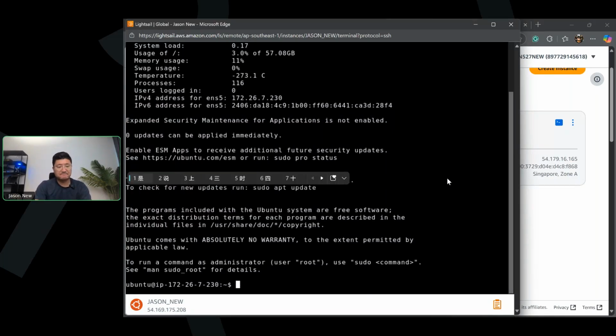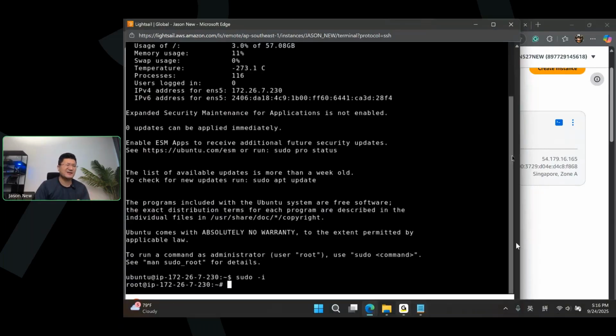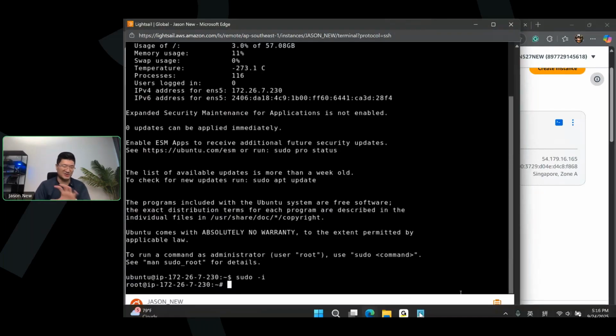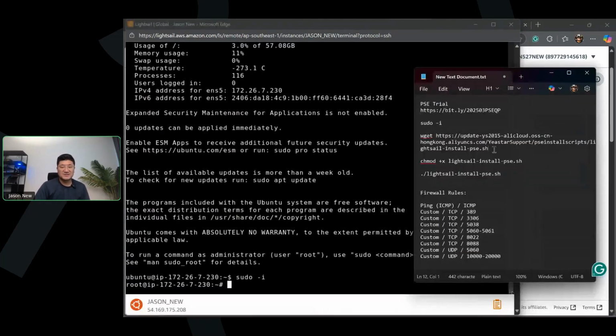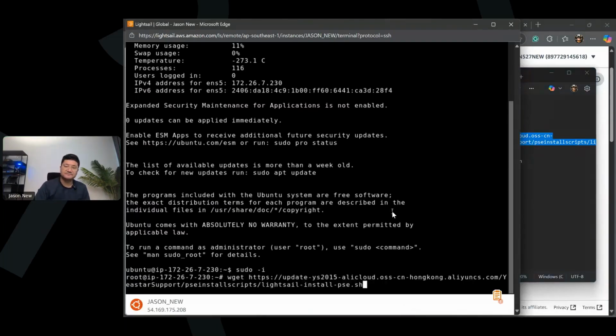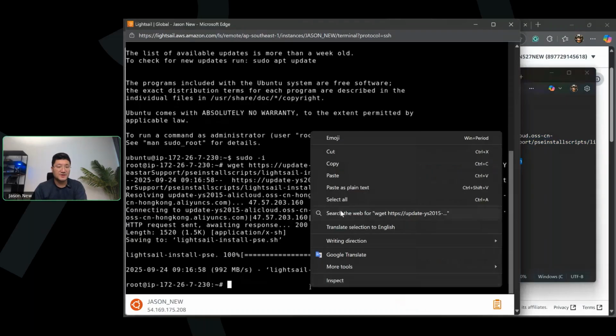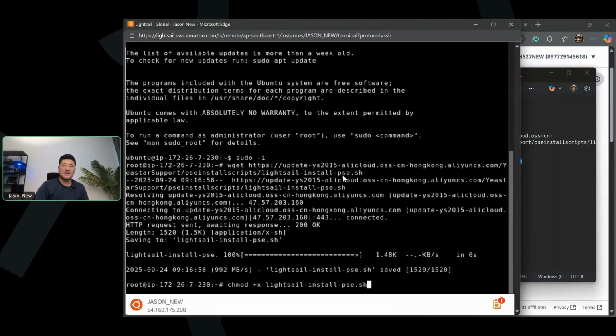Hold on a second. So we shall type sudo -i. There you go. We're going to access the root user of the terminal. And then a couple of lines you guys may need. Let me show you. I can't even remember it, so I will just use the cheat sheet to show you. So this is line 1. You copy line 1, you put it here. Enter. And this is line 2. You copy that one, you put it here. Enter. And one last